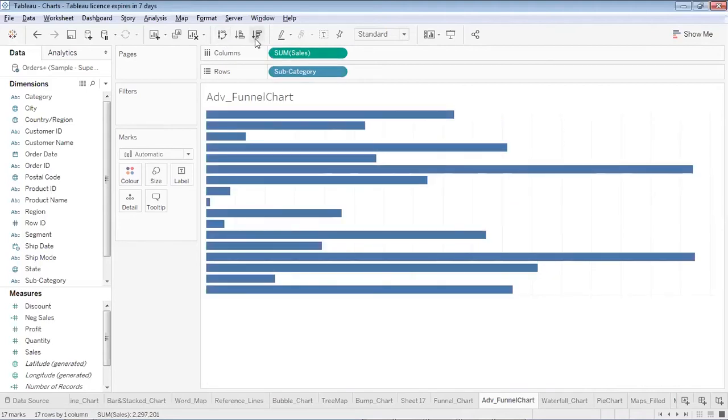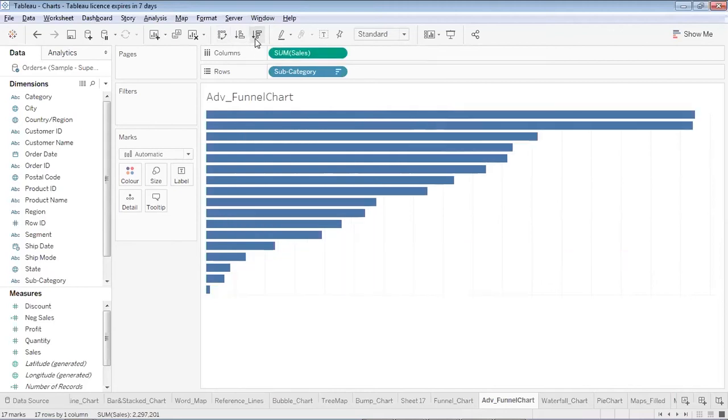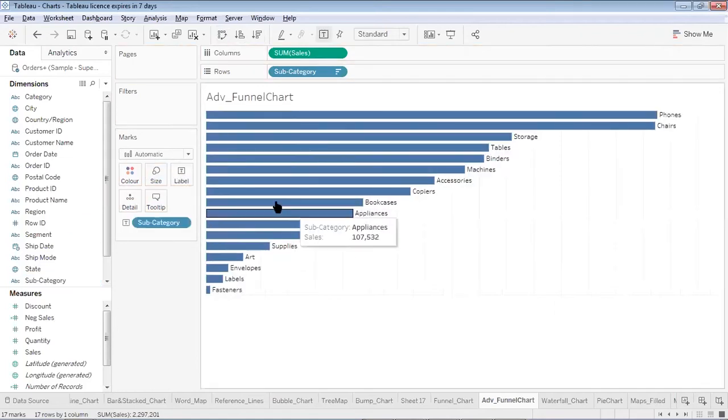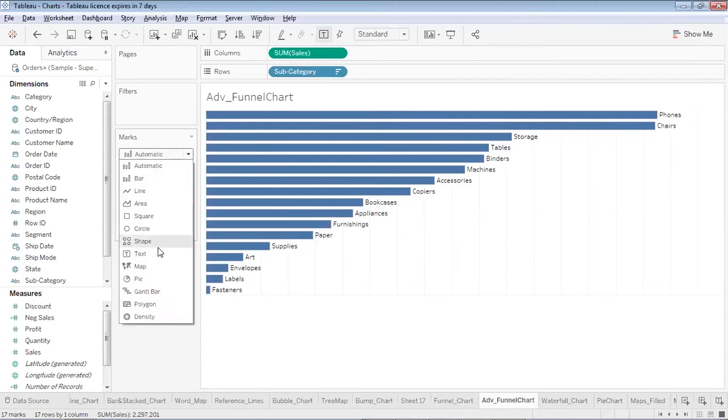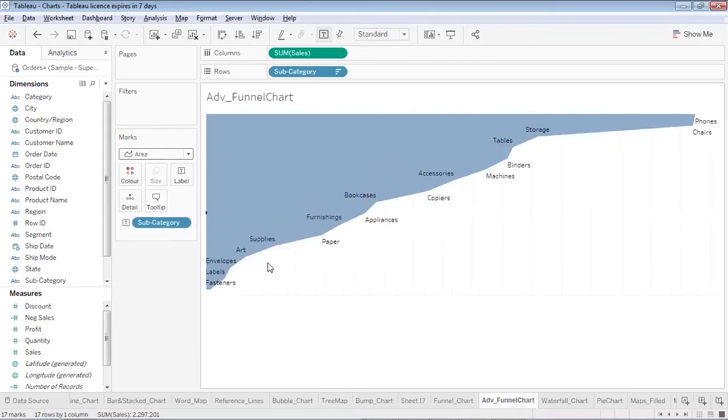Now I would like to arrange these values in descending order. So I've done that. Now over here, I would like to label them, so here's the label. So these are my subcategory products based on the sales. Okay, so these are the sales of various subcategory products. Now over here, I'll have to convert it into area. So under the marks, I get this option of area. So you can see area wise over here.